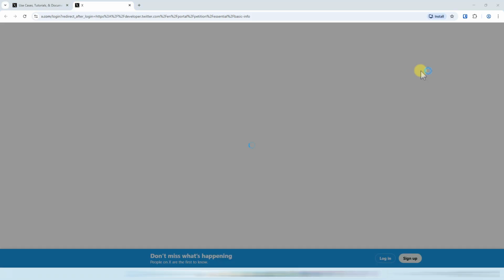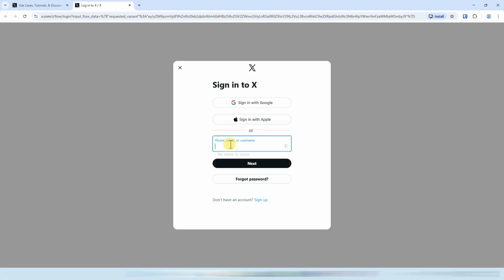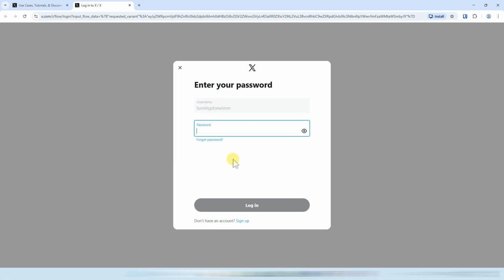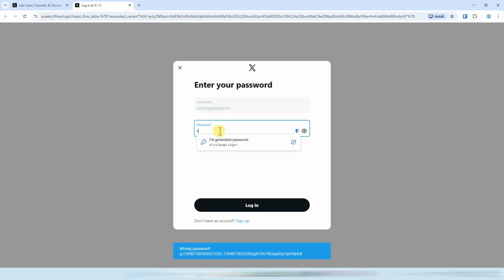So once we sign in, it is going to tell us to basically write something about why we need the developer APIs, etc. So you can just say we need it for social media posting and